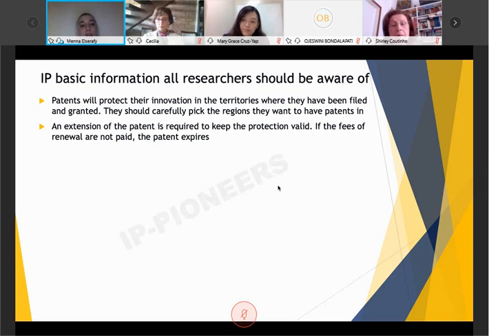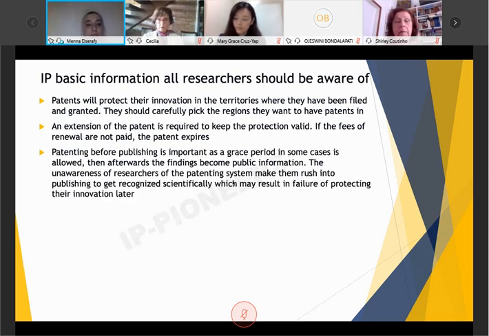Also, some of the usual information that I used to hear before getting into IP a little bit more is that any patent is valid for 20 years, and nobody can start having any prototype out of your patent until this 20-year period ends. But then I got to know that no, you need to extend your patent always, and you need to pay the renewal fees in order to keep your protection for the innovation you filed for.